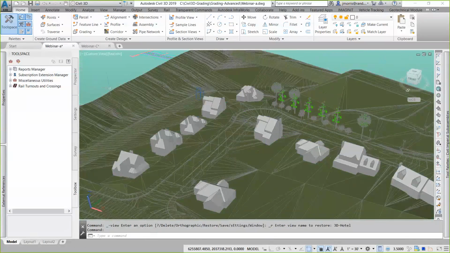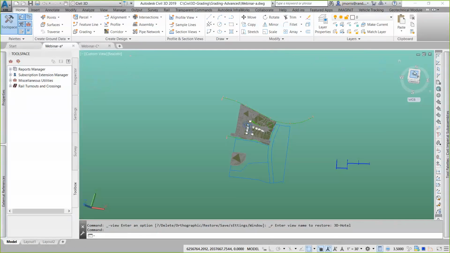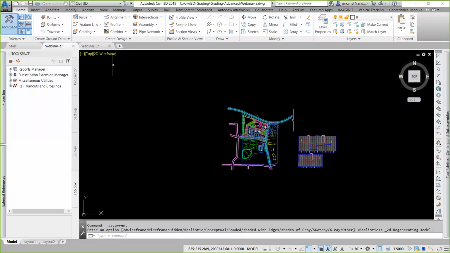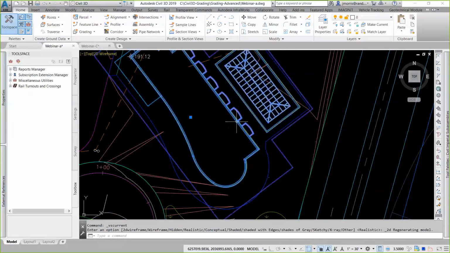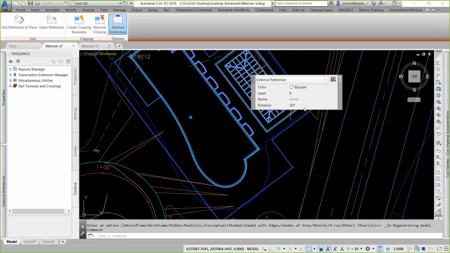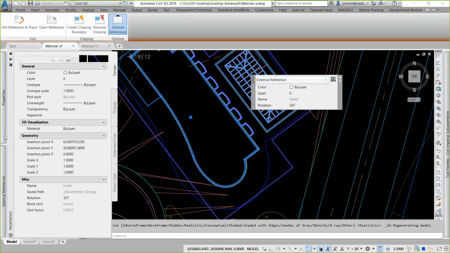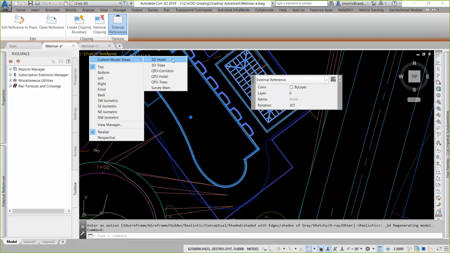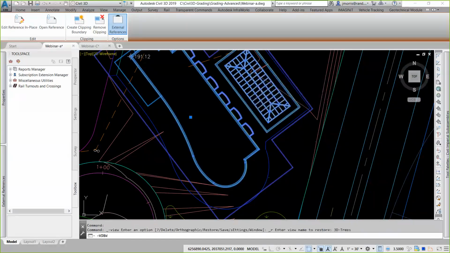Go back to... I need to double check that XREF. Need to check the elevation. Yeah. So let's move it up to 191. No, 196. Okay. Because now if I go back to my custom view again,